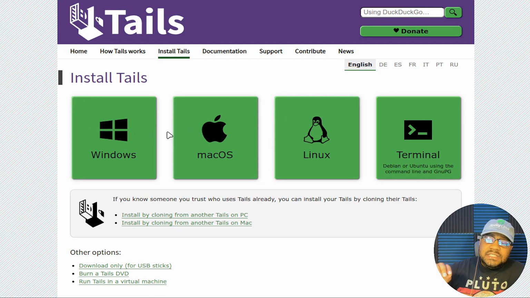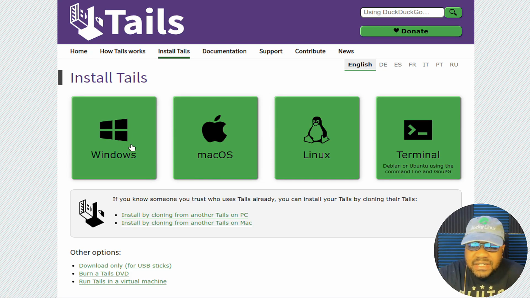And what I recommend is, if you want to put it on a USB drive, make sure it's a pretty decent sized USB drive so you can set up persistence, because you do have an option for persistence in order to store documents and certain things on it, because like I said, it's a one-time use operating system. Anything you open up, run, save on the system will be wiped out every time you restore the system. So you start fresh every single time, unless you set up a persistence drive, which some people do in order to store documents as well as other files, passwords and all that stuff. You can store that on the persistence drive.